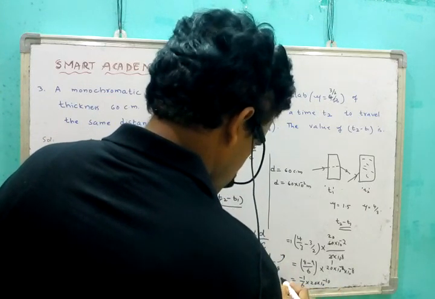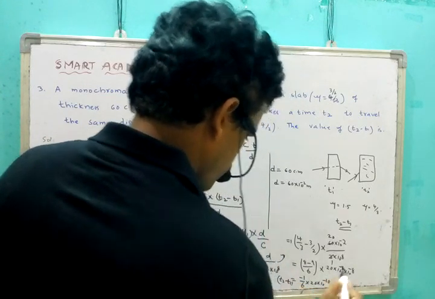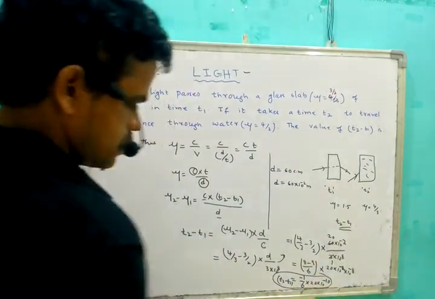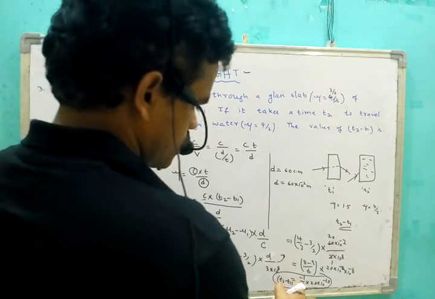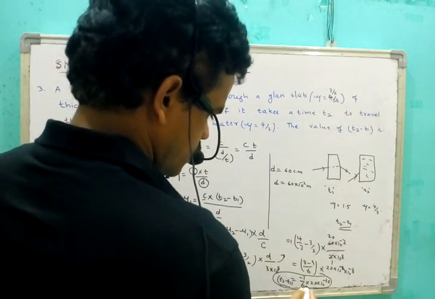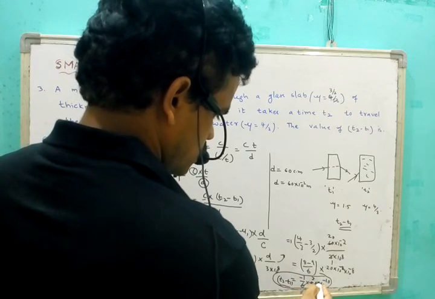So this is T2 minus T1. Here we got a negative sign, and for that negative sign, no problem. The time difference T2 minus T1 is almost 3 into 10 power minus 10